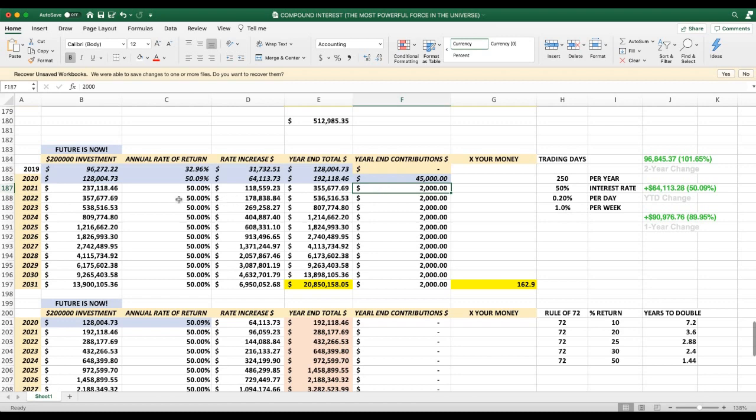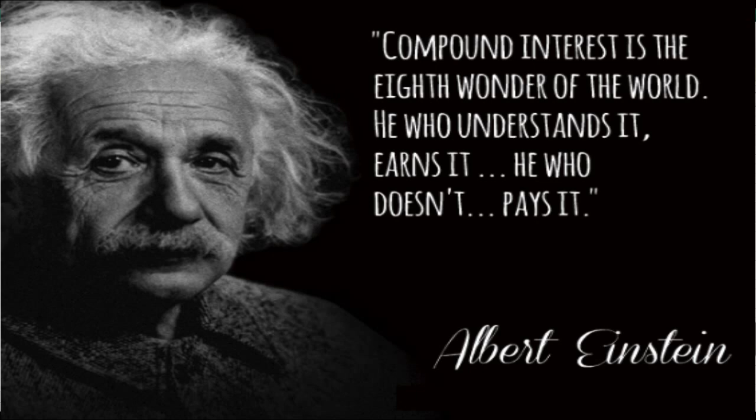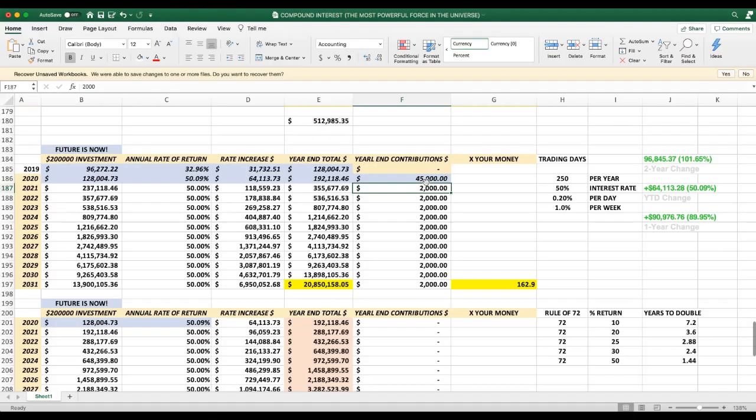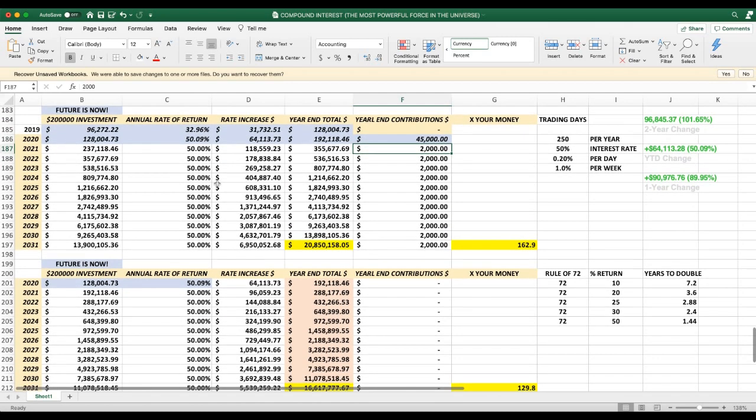I told you, any way that you can make money, you want to be on the side of compounding, not on the side of paying debt down and paying interest to banks and credit cards. So that's the side you don't want to be on. We want to be on this side of the equation. This is why I said this is the most important thing for every single investor to do.